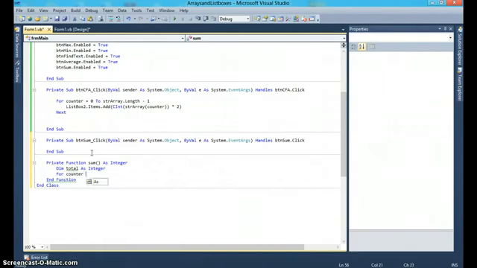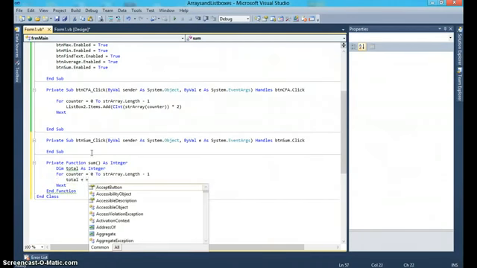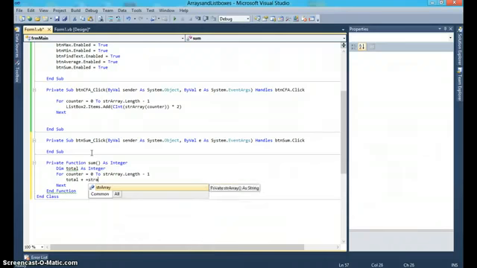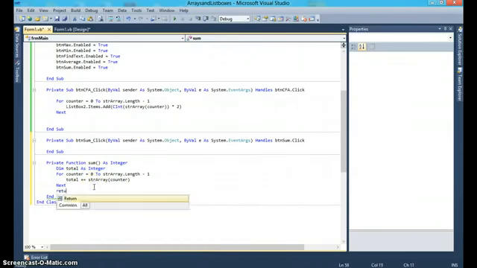For counter is equal to 0 to str array dot length minus 1, total plus equals str array counter, and then I can return total. So then the sum simply becomes